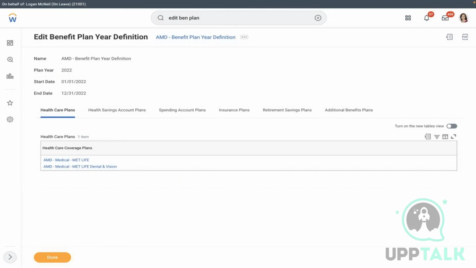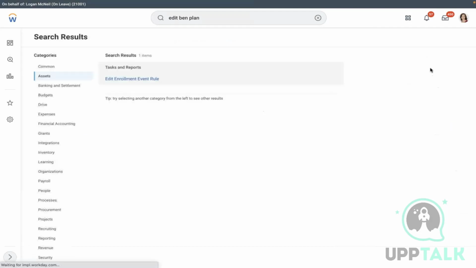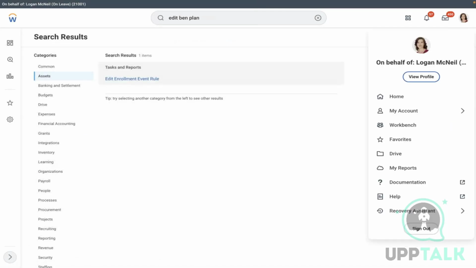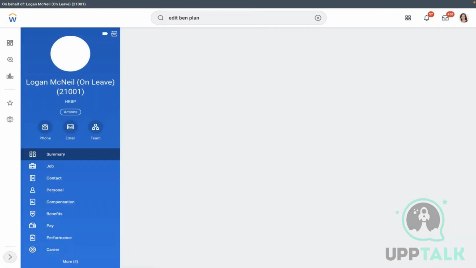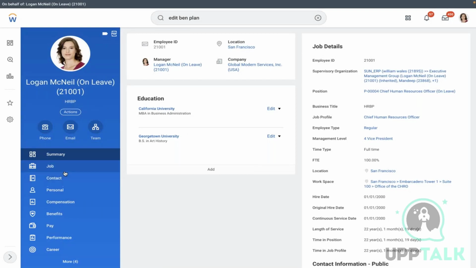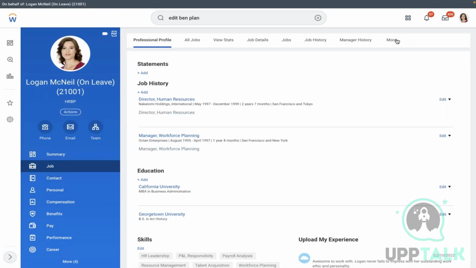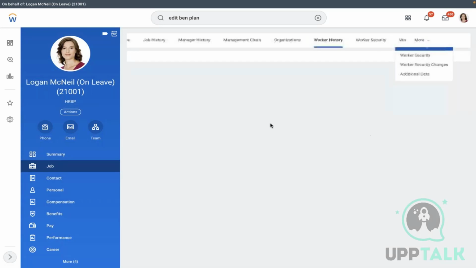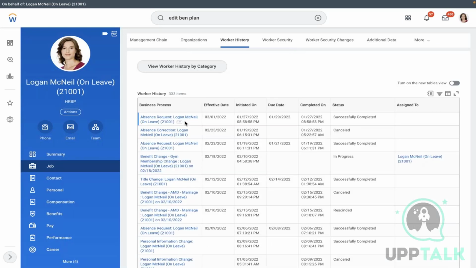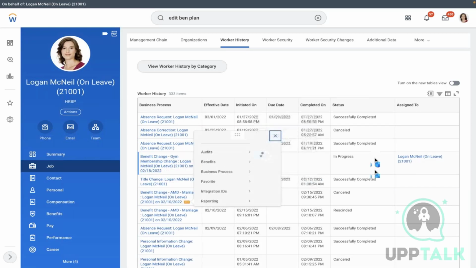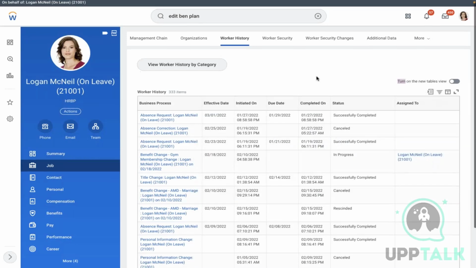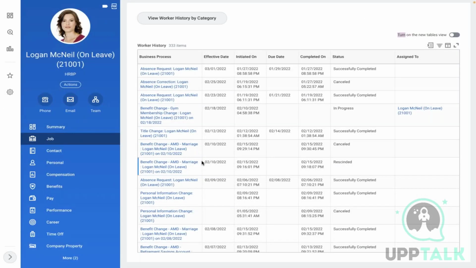Okay, now further I want to put it for testing. Before that, I already assigned a plan to Logan McNeil. I will remove the plan. For testing purposes, I'm going to resign the plan because I want to show one validation. There is no harm even if I don't resign, but just for our understanding. This I'm going to remove. Oh, it's already cancelled. Oh, it's resigned already. So which means she doesn't have the plan,